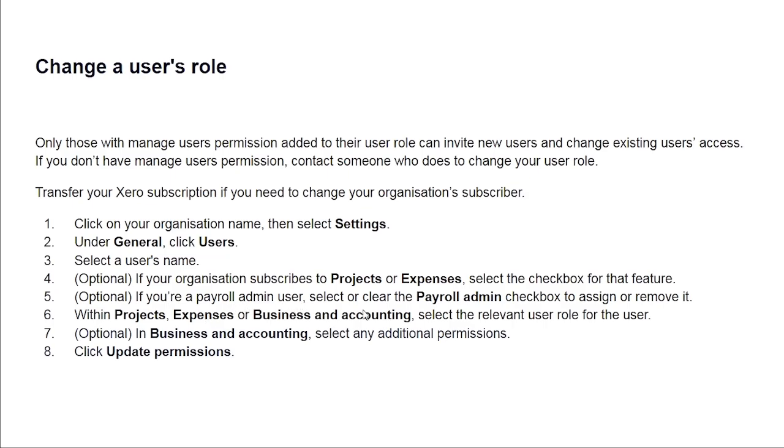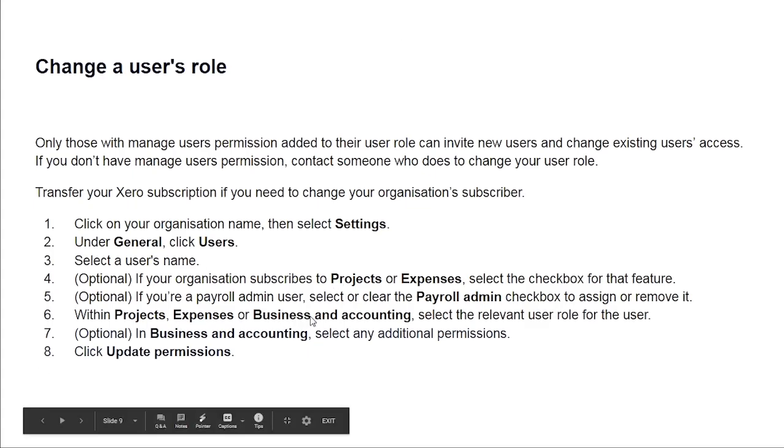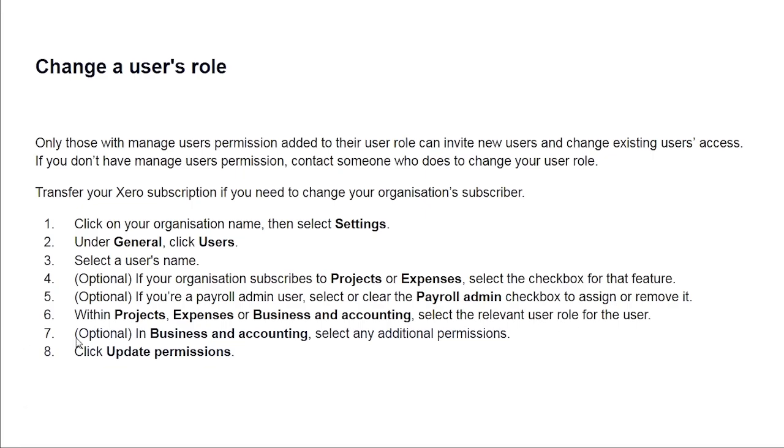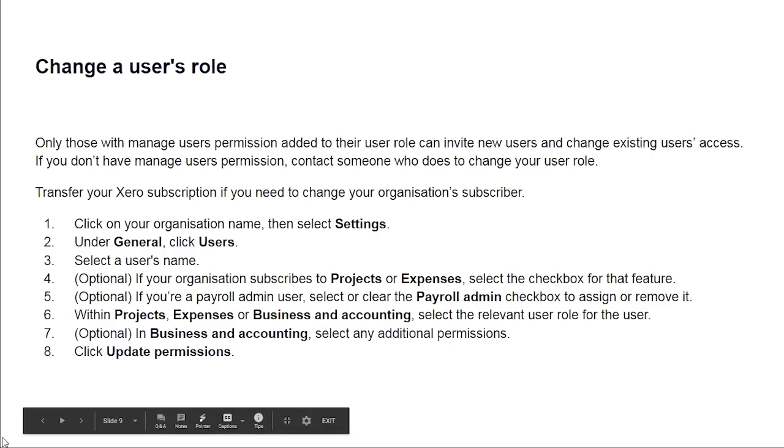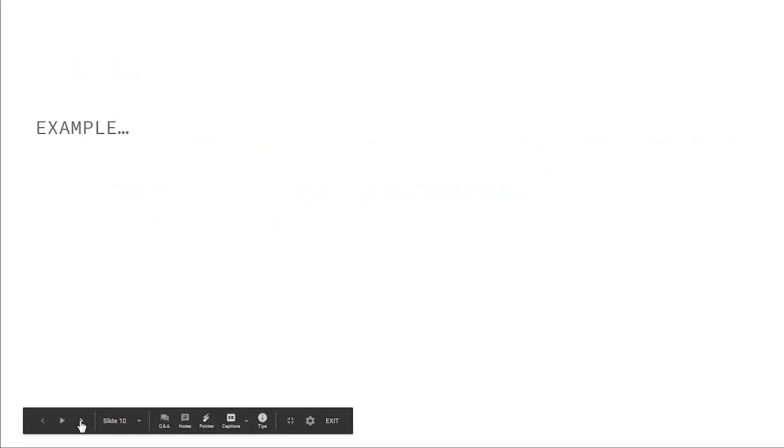And if you're a payroll admin user, select or clear the payroll admin checkbox to assign or remove it. Within projects expenses or business and accounting, select the relevant user role for the user. In business and accounting, select any additional permission. Then after that, just click update permissions.